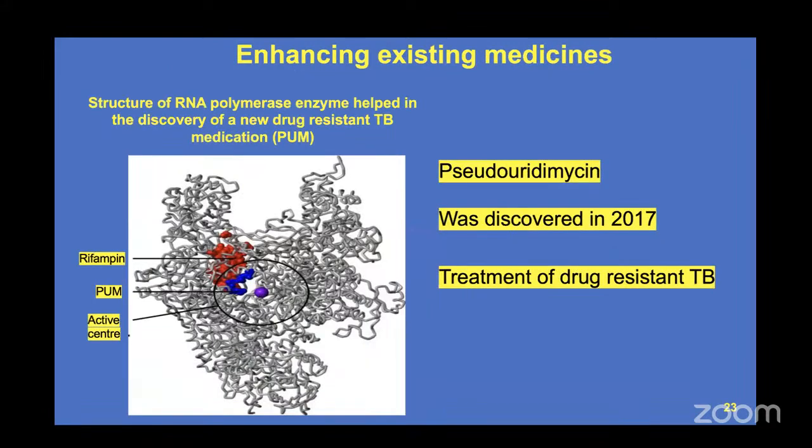The next example is to understand how you can utilize structures to enhance existing medicine. For instance, this is the Mycobacterium RNA polymerase. The drug that they were using to treat TB was this rifampin. As you can see here in red, it binds somewhat outside the catalytic pocket, as you can see the black circle. But using structural biology, they discovered another